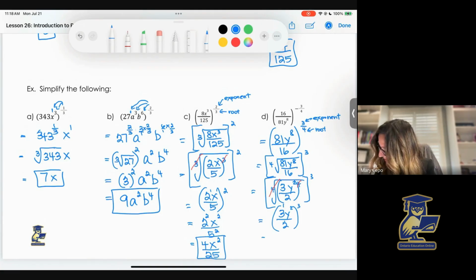So this would become 3 to the power of 3, y to the power of 6, and 2 to the power of 3. Simplified, 3 to the power of 3, which is 27, y to the power of 6, all over 2 to the power of 3, which is